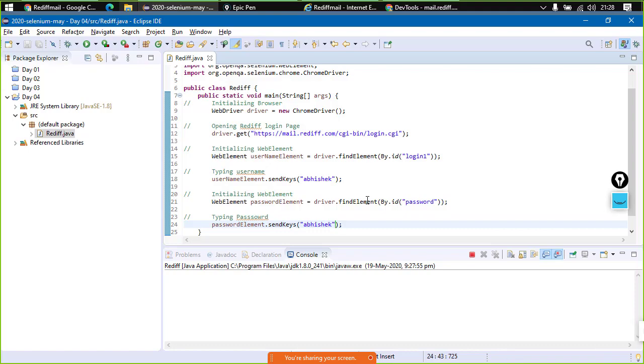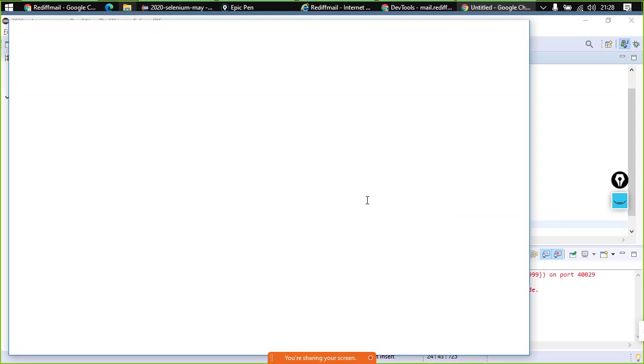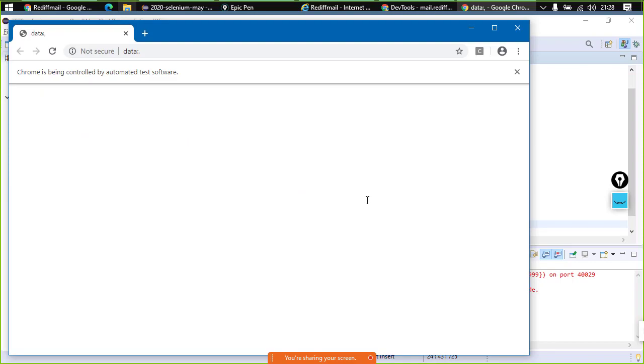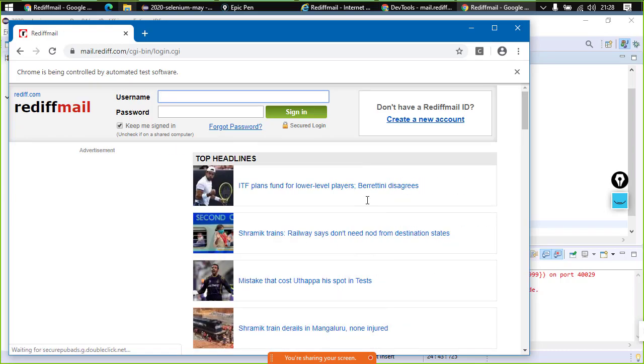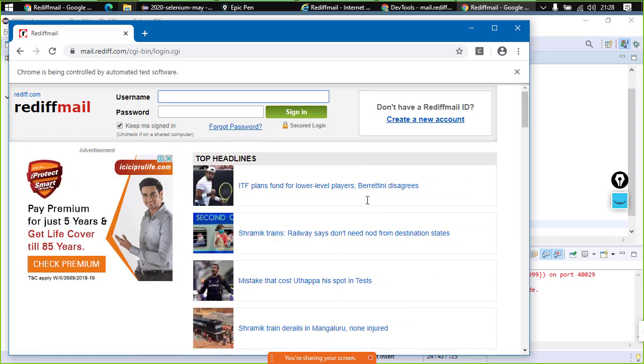Now over here, why am I not closing the browser right now? The reason is that we won't get to know if there was a problem. So we don't want that kind of a situation right now. I just want you to see that things are executing fine. The page is loading. It has typed Abhishek in the username, and it has typed Abhishek in the password as well. So both of the things are done. We are done with this particular part. This means that we are actually able to get to the element and type in the password. This is about the Rediff mail page.